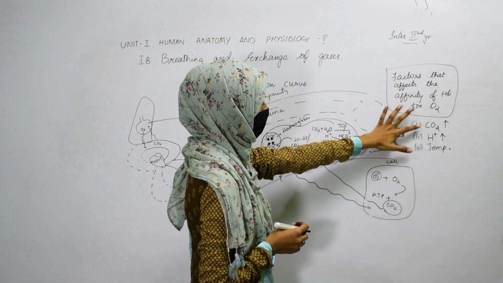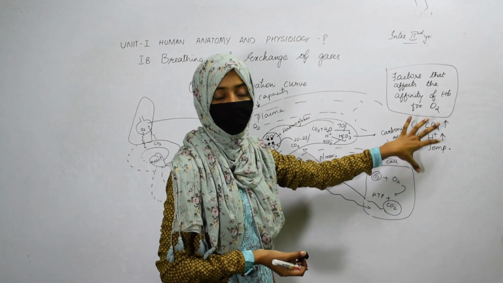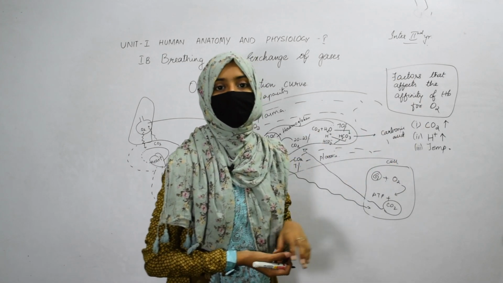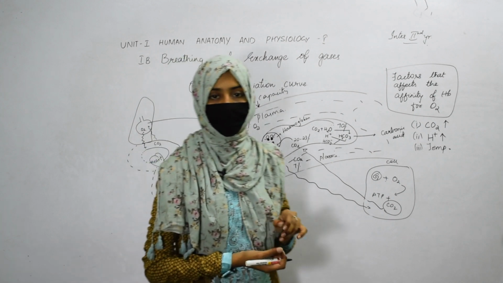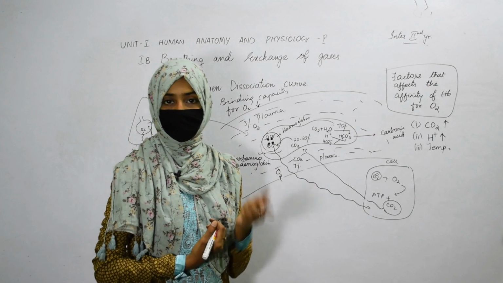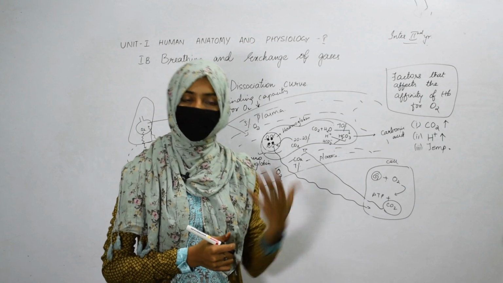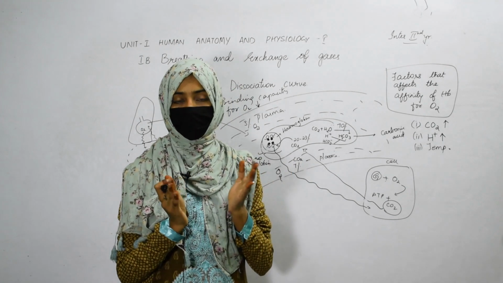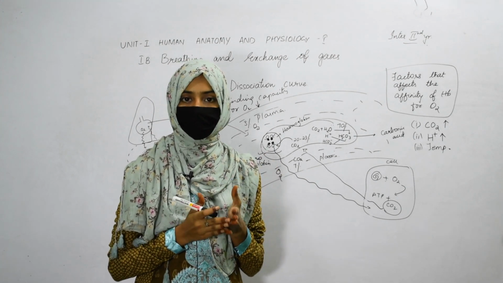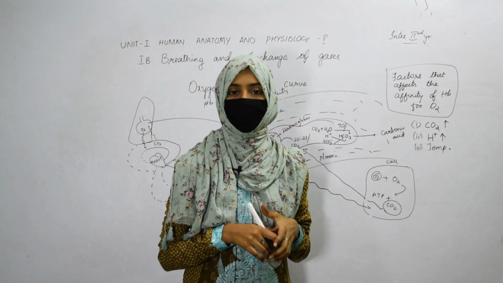If the concentration of carbon dioxide is high, the concentration of H+ ions is also high, and the temperature also increases, then all these factors are responsible for decreasing the binding capacity of hemoglobin for oxygen, and these are the factors because of which the hemoglobin can leave the oxygen molecule to be transported into the cells. Once the hemoglobin leaves the oxygen molecule, it can be transported to the cells of our body, and in the cells the glucose is combined with the oxygen and results in the formation of ATP, which is very essential for the cells to work.